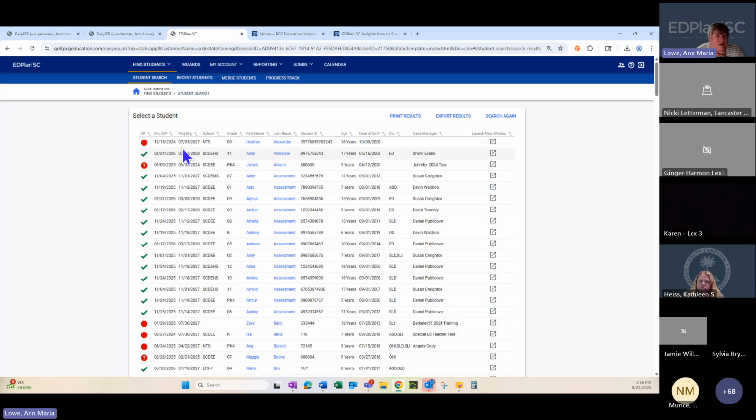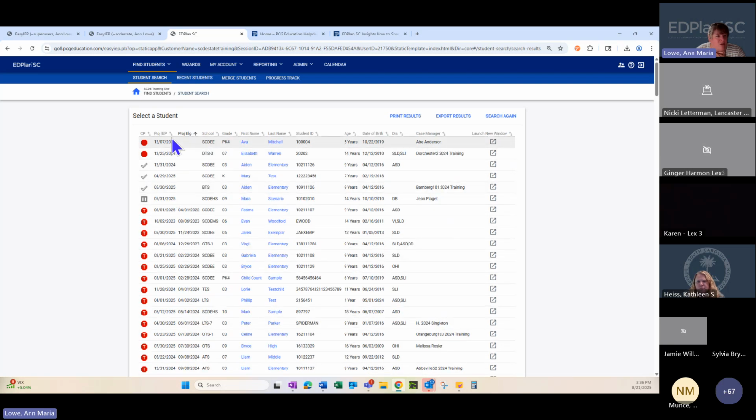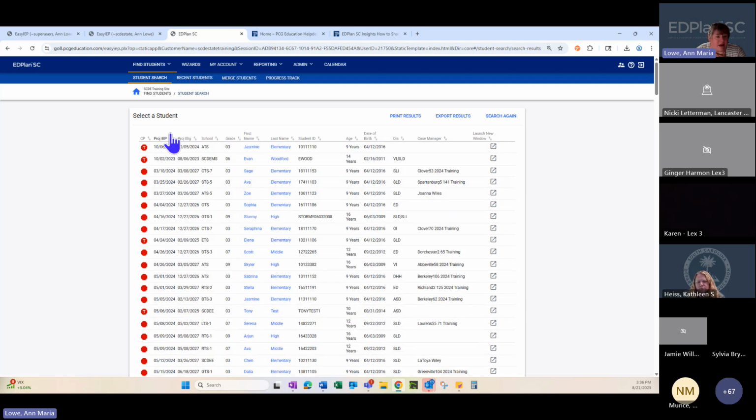You'll see in this that you have your projected IEP and you have your projected eligibility columns. So if you want to know what IEPs are past due or coming due, you can just come to the student search and it will give you that information that you can sort and manipulate right here. And you can have your projected eligibility and IEP right next to each other. And this search can be exported into Excel. If I hit export results,